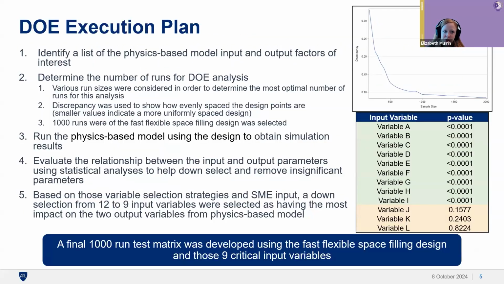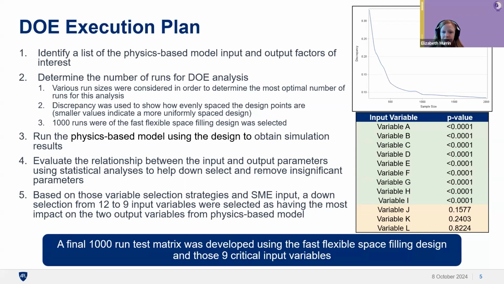So just the DOE execution plan, our first step, I had kind of mentioned already, was working with those engineers to identify a list of input and output variables that we want to be able to look at for this study. And then the second step is determining how many runs we want to do for our DOE analysis. We end up varying our run size because we wanted to figure out what the optimal number of runs would